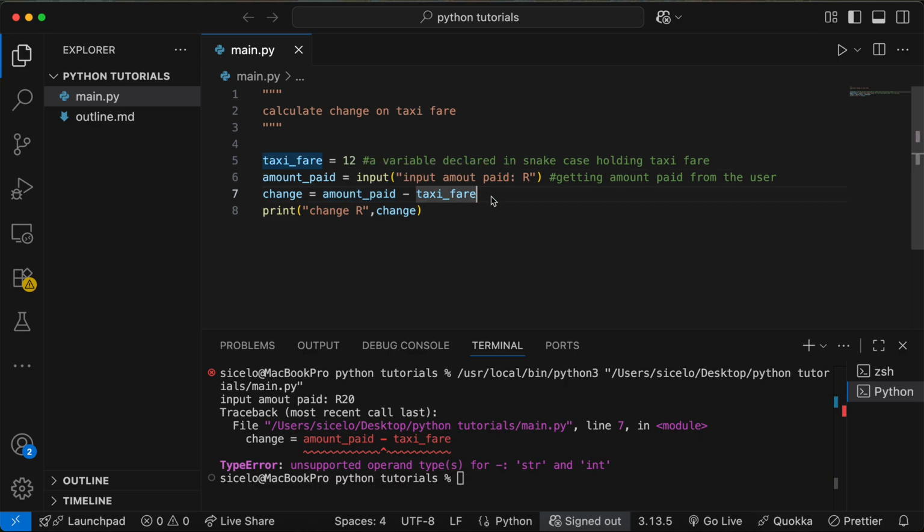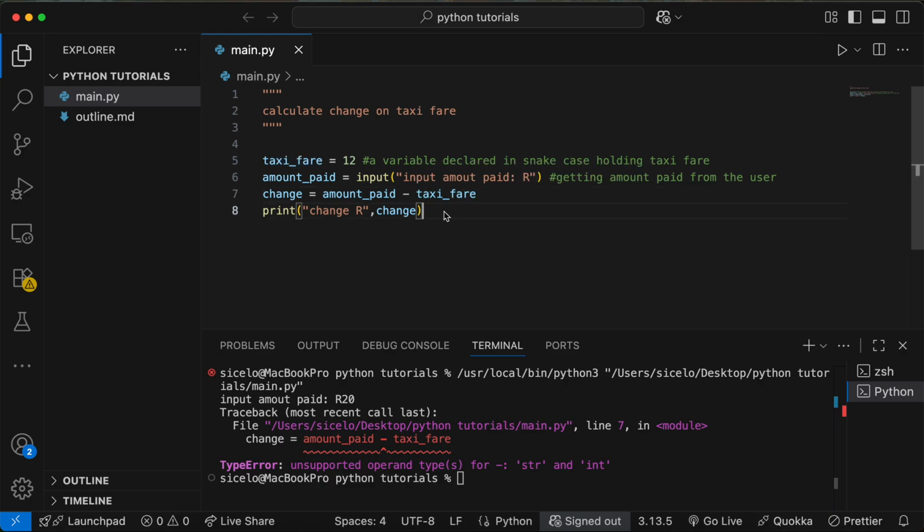So now the user gave us a tricky value here. The user gave us a string instead of a number, like the code is explaining: unsupported operand type for a string and an int. So here we are subtracting an int from a string, which is not possible in